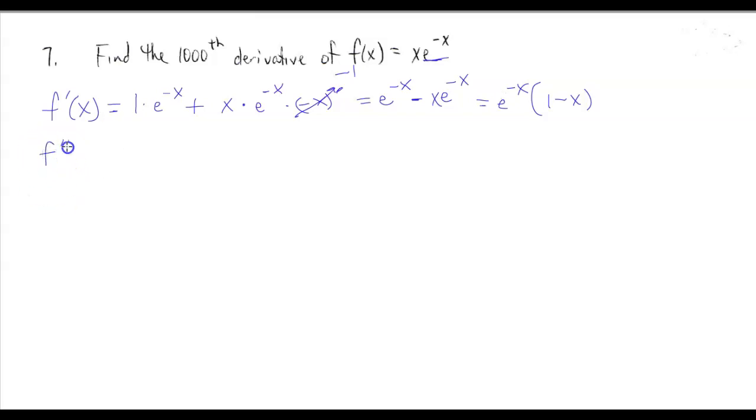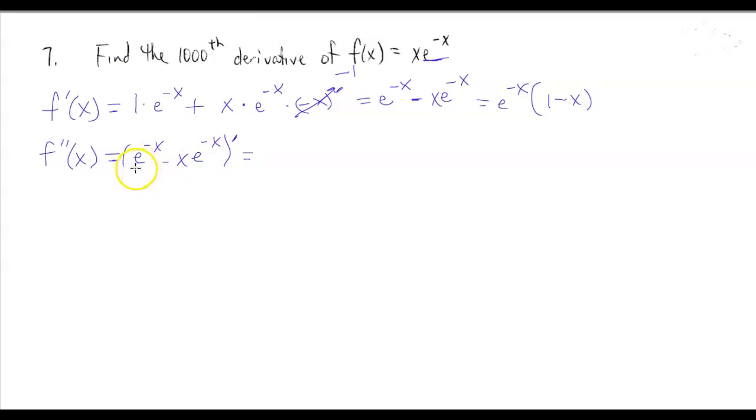All right, we'll do the second derivative now. So if I do the second derivative, then I need to do the derivative of the derivative. And so here I'll elect to do it in this form here. So if I take the derivative of e raised to the negative x minus x e raised to the negative x,